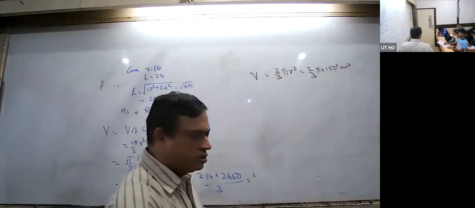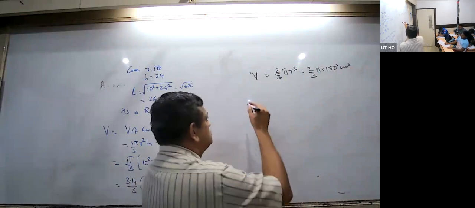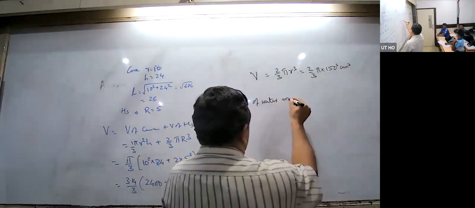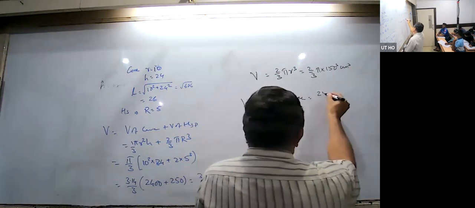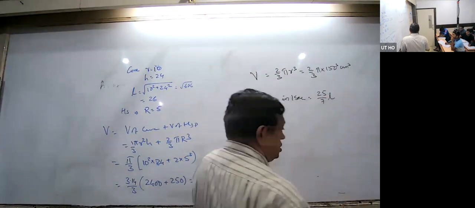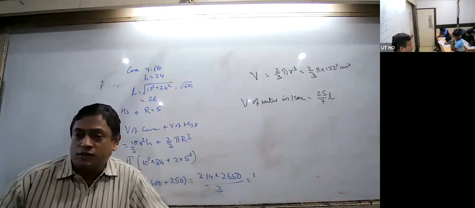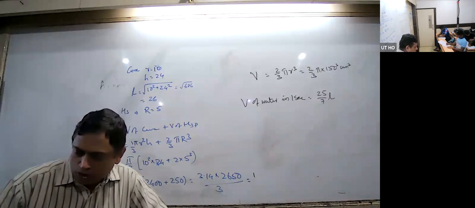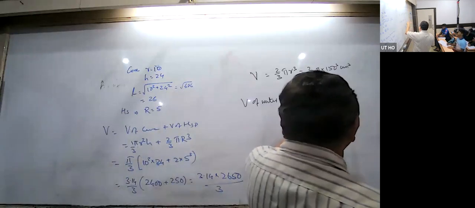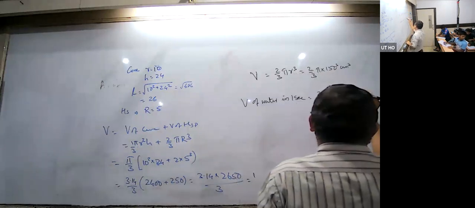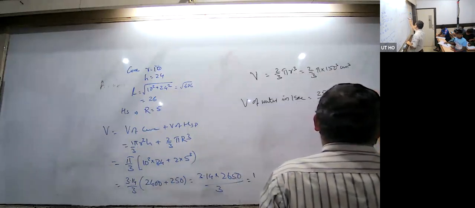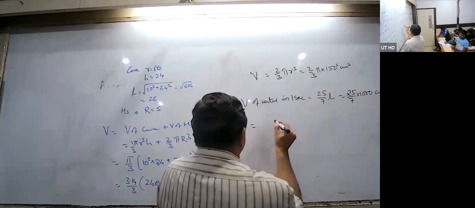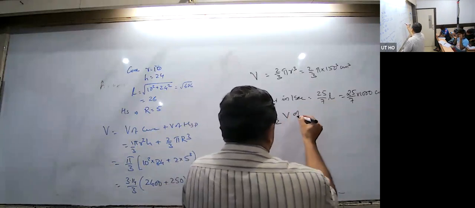Volume of water removed in 1 second is equal to 25/7 liters, because the speed is given as 25/7 liters. Liters means the volume is removed. This is liters and this is centimeter cube, so you have to convert 25/7 times 1000 centimeter cube. Therefore, time taken is equal to half volume of tank